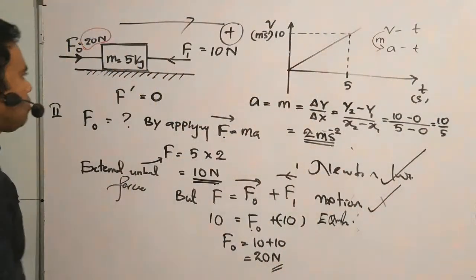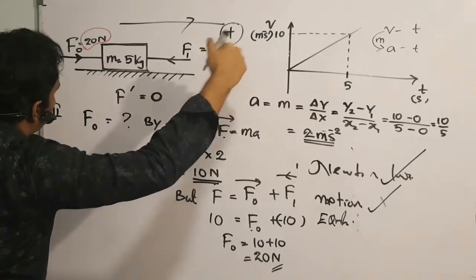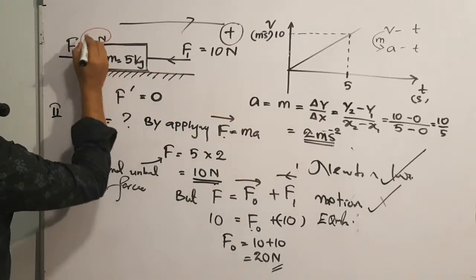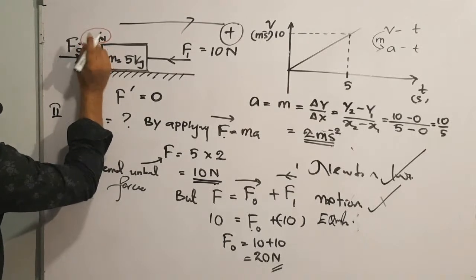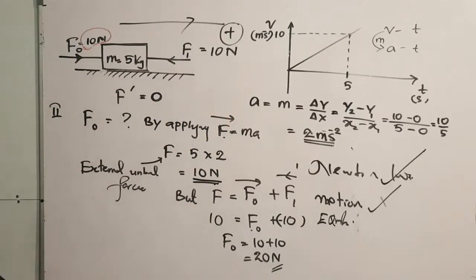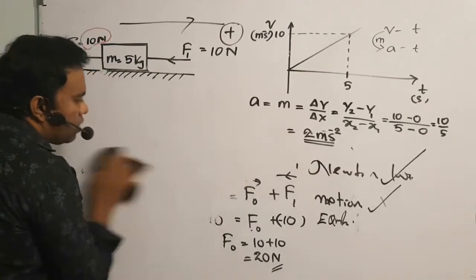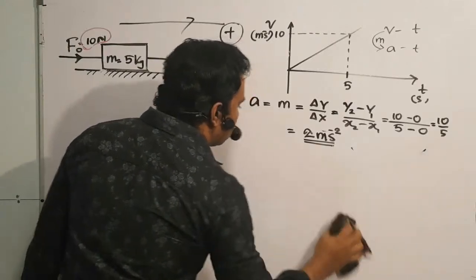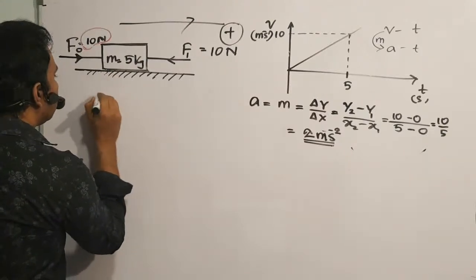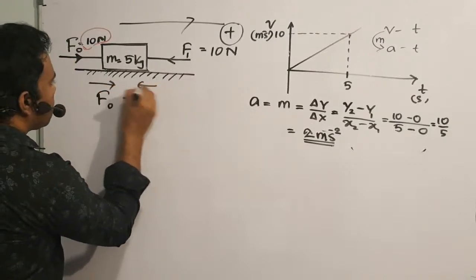Okay, look at this. Imagine F1 is 10 newtons that has been given. If you come across this, F0 value is again 10 newton. So 10 newton, 10 newton, external unbalanced force becomes 0. That means F0 plus F1, F0 here,